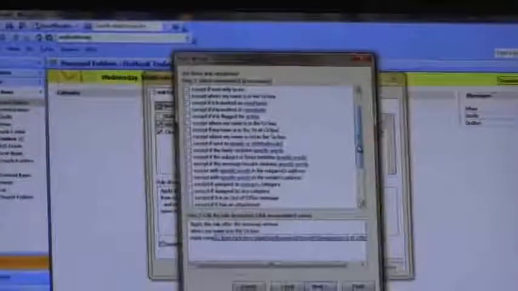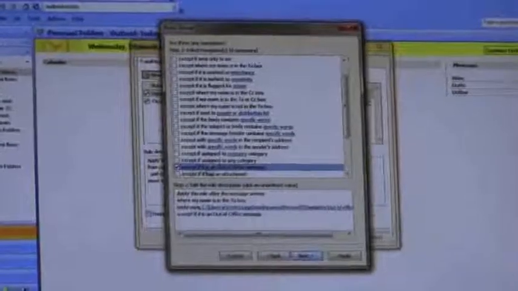There is one out of office. You have to open. Then next. There is one option, except if it is an out of office message. If they are sending any out of office, we are going to receive any out of office message. So I am going to select that except if it is an out of office message. Okay.